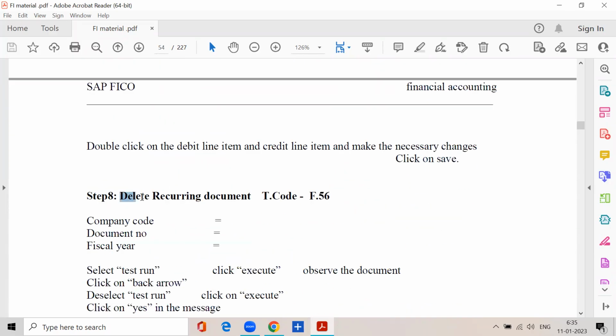Now, delete the recurring document. Right down here. To delete the recurring document,